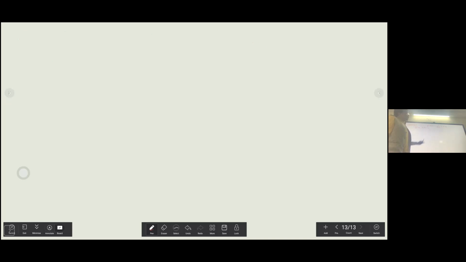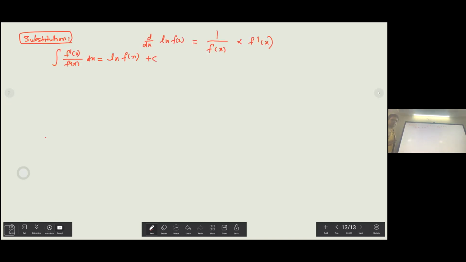Now remember, this is like a shortcut which is strongly used under differential equations. A lot of times people waste time because they don't know this technique. For example, if you're having the integration of 2x upon x squared plus 4, you shouldn't take even a second to write down the integration of this. Because x squared plus 4 is your function in the denominator. So the moral of the story here is that if you got a function in the denominator and its exact derivative is in the numerator, then the integration of that is straight away ln f x.